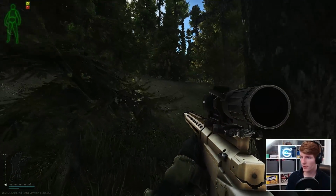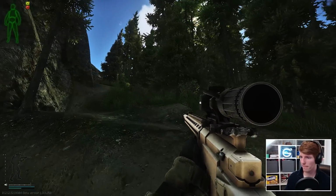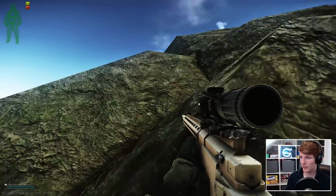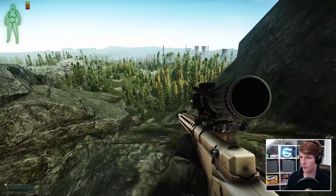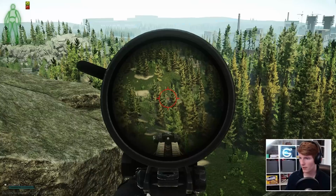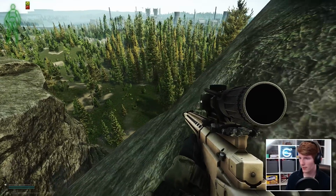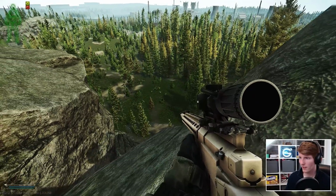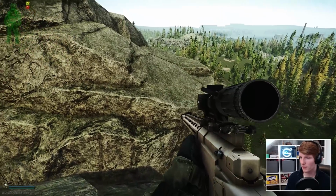There's a little divot down there, which is not terrible. It sounds like people are fighting at med camp. You can go up like this bit. You don't need to go over onto the actual main rock. You can be like in here. And down here, you're not necessarily going to be counter sniped as much down here, I don't think. And I could be wrong. I could just insta die, but